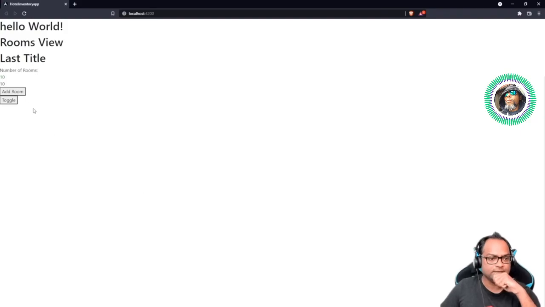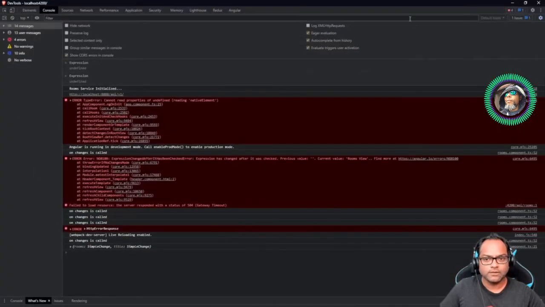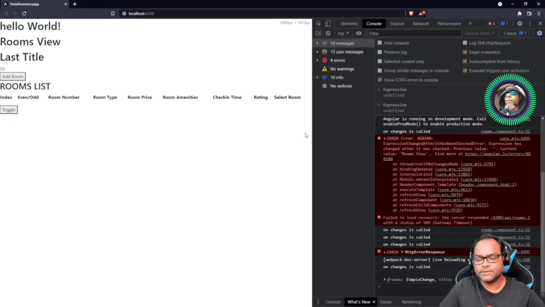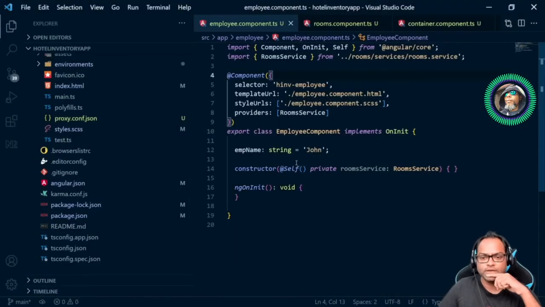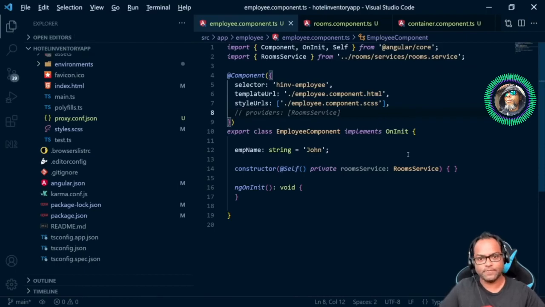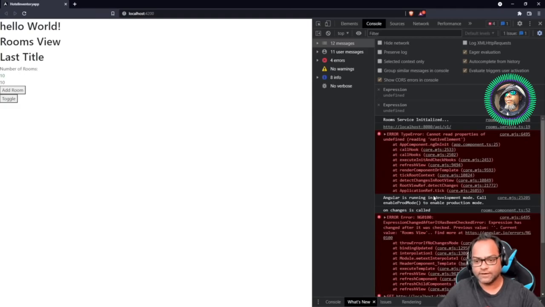So the application is here, and let's click. And let's keep it side by side because we want to see the error. So let's say if I add the self decorator and I remove this provides property. So now what will happen is we will start getting the same error which we have received earlier, which says,